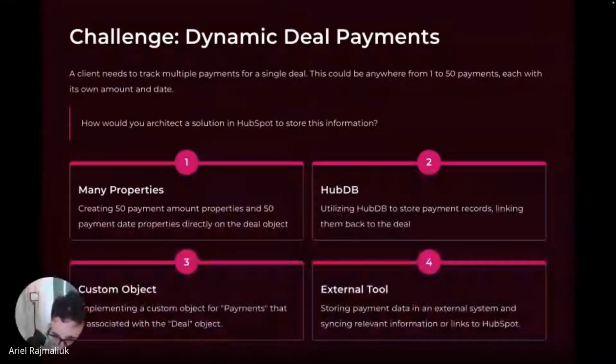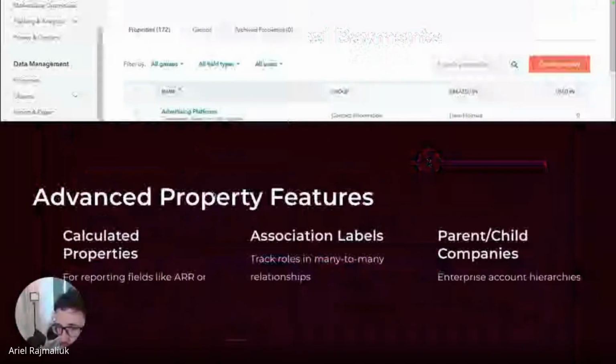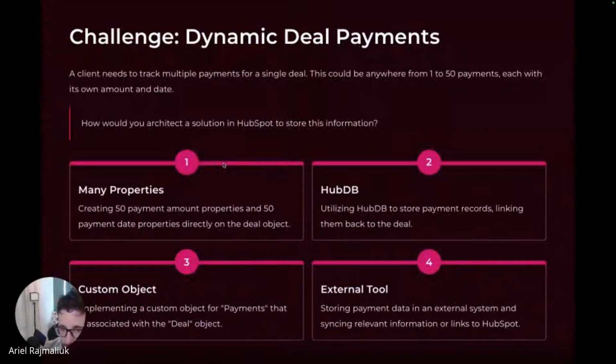Oops, here I am. So what do you do? Yeah, there we go. There we have the poll. If you go to the poll at the very bottom, what will you use? External tool. Got one person voting for external tool. HubDB. Keep voting.